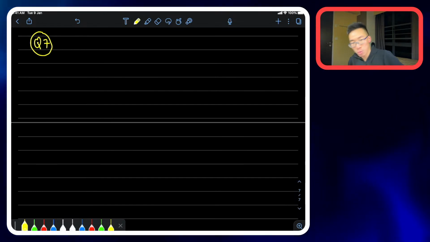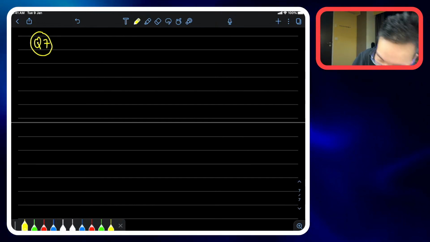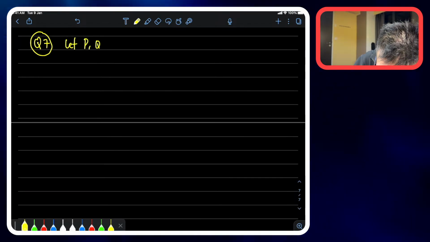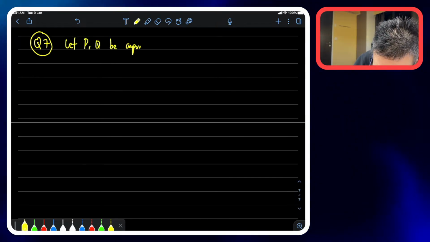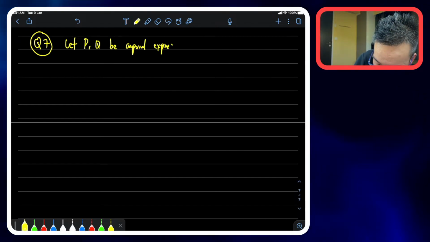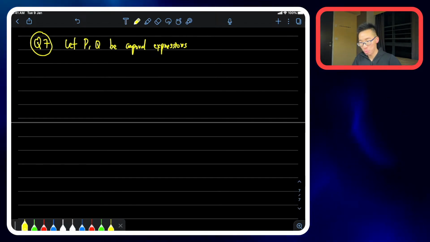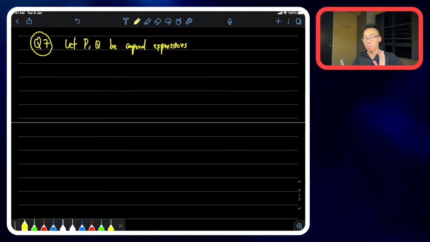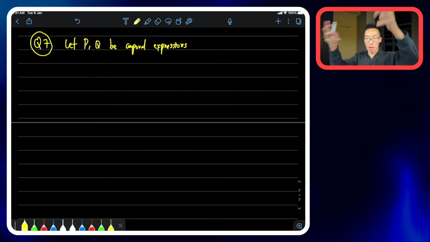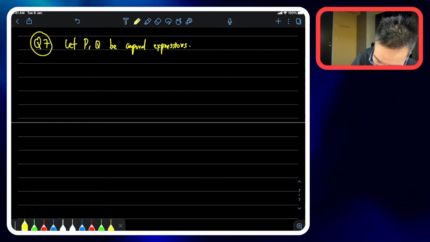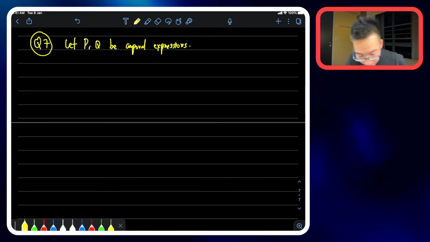We want to consider this idea. Let P and Q be compound expressions. In other words, they're constituted of propositional variables. We don't know whether they're true or false, but they are made up of these variables, these placeholders of true and false. We want to show, and we are making a claim, we claim